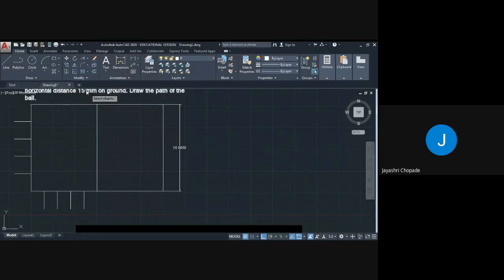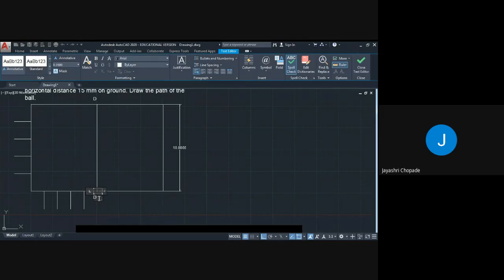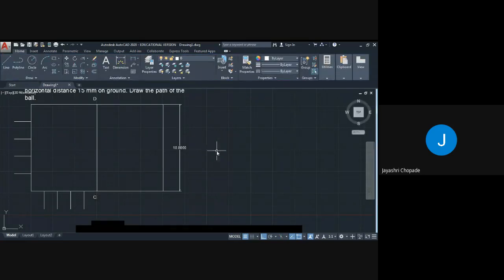Go to copy command, select object, press enter, select base point and move. This is the point C. So double click over here, give the point C and click anywhere on screen.